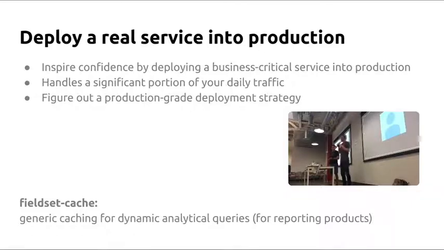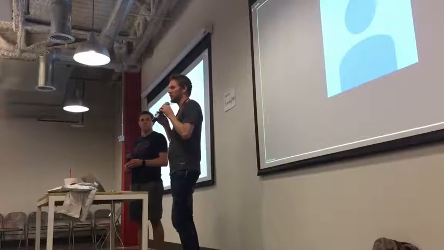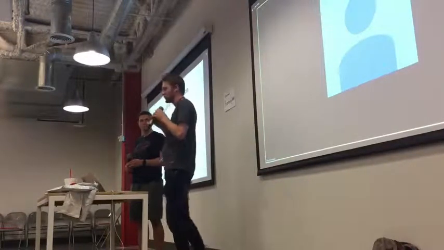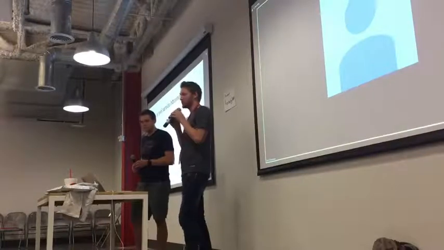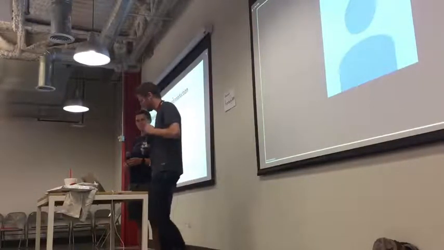You can also take the deployment process that you learned for your small toy service and productionize it. Once you have a productionized deployment pipeline and manager buy-in on the technology of Go, it's pretty easy to go run from there in terms of deploying more services or building more things. Building a real service and putting it in production in a business critical path forces you to figure some of that stuff out.